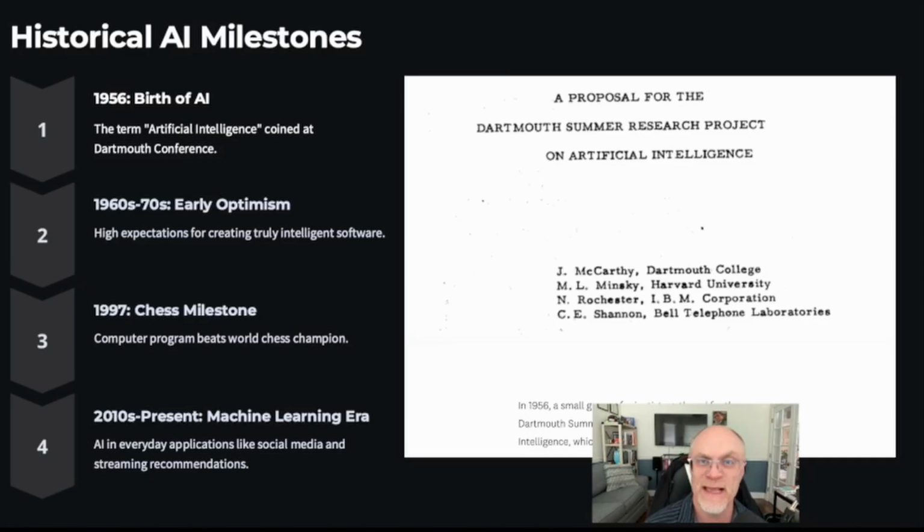And so following that, there was a lot of optimism, and you see this hype cycle kind of repeat where a new milestone is achieved, lots of investment, and then it kind of cools off, and then that cycle starts again. At one point, we thought that, okay, well, if an AI can beat a human at chess, then that will be intelligence. We'll look at that in a second. And then we got into machine learning and deep learning, which really took over and kind of led us to where we are right now.